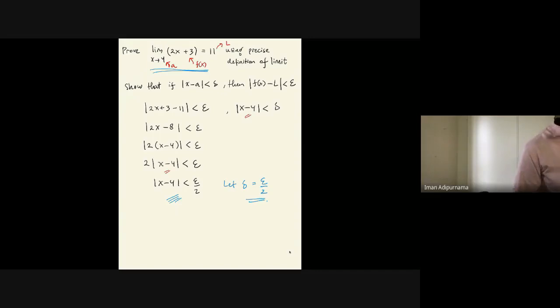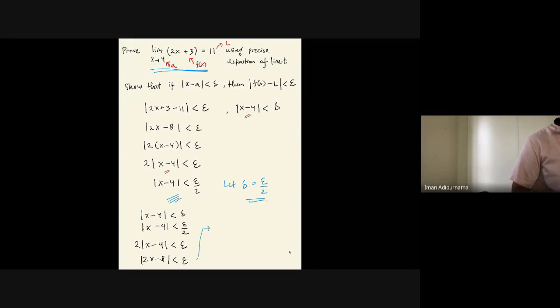So we need to bring this delta back into our equations. From x minus 4 less than delta, we substitute the delta with epsilon over 2. So it's like moving forward and then going backward. Reverse. So we have 2x minus 4 less than epsilon, and now we have 2x minus 8 minus epsilon,